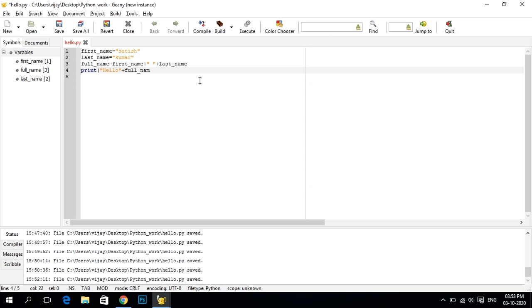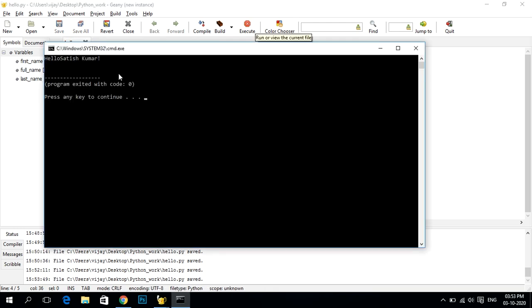Because Satish and Kumar are in small letters, so we use the title form. Then we use plus and some exclamation mark, so it will concatenate this, and when we print and execute this, what do we get? Hello Satish Kumar.